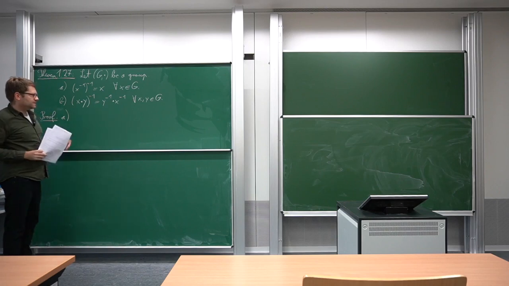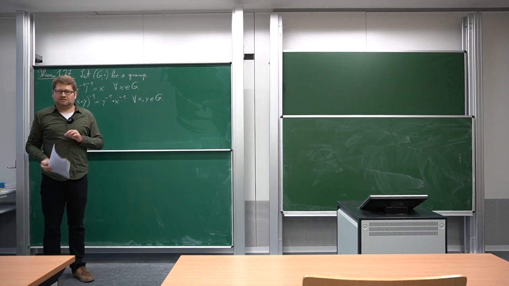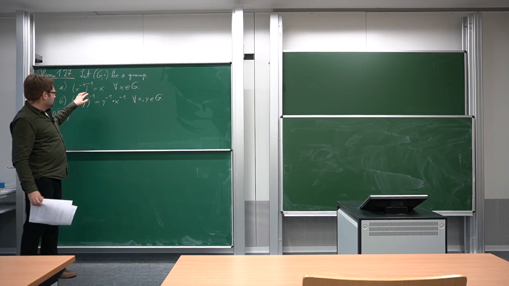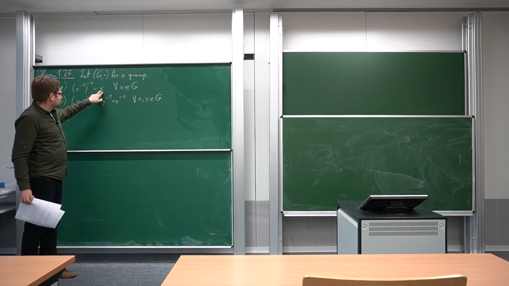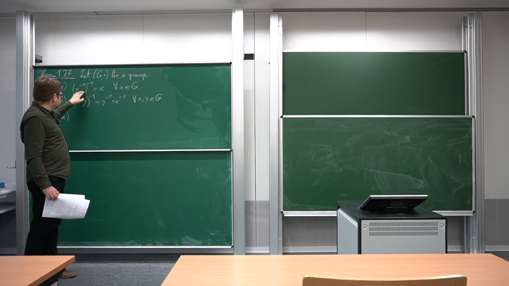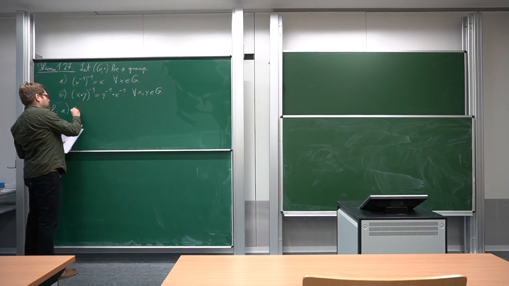Namely, we have shown, that was the last remark, that inverse elements are unique. So we just need to show that this here is really that x has the nice property to be the inverse of this element. And what do we need to show for this? So by definition of inverse elements,